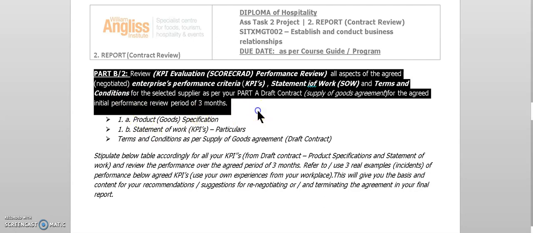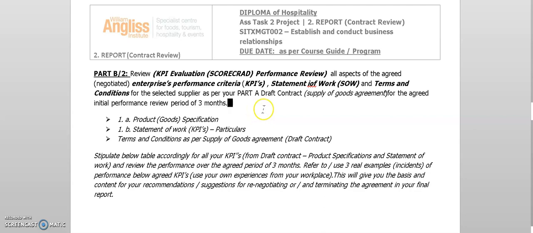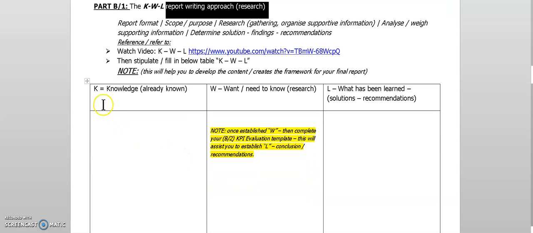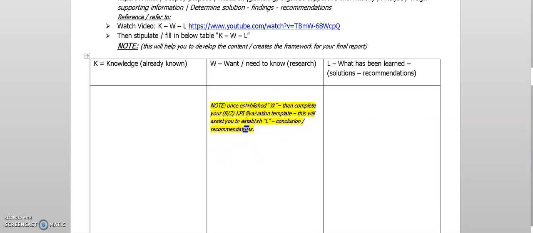As you probably remember from last week's tutorial, which was the KWL approach, the first part of your report writing approach, research, you have completed the K and the W. And now here in the yellow, once you have completed the W, like where you get your information from, the research, the data, so you can establish and evaluate the actual performance, you need to complete the performance review, the KPI evaluation templates, which is of course the part we are discussing today. So I'm scrolling down